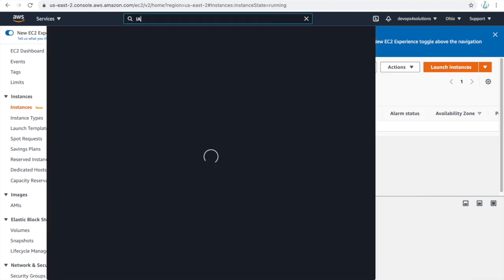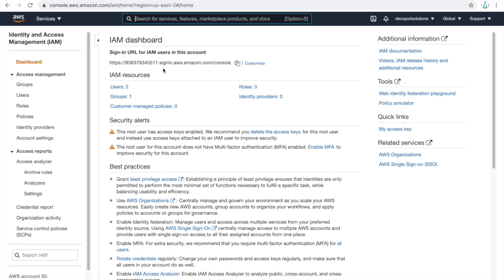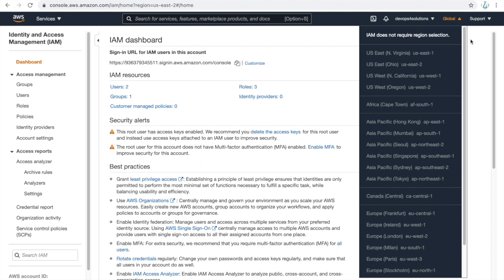There are some services like IAM, which is used to create users or role permissions, but here you can see that it is at the global level. So almost all the services are region specific, but there are some, like IAM, which are global in scope.